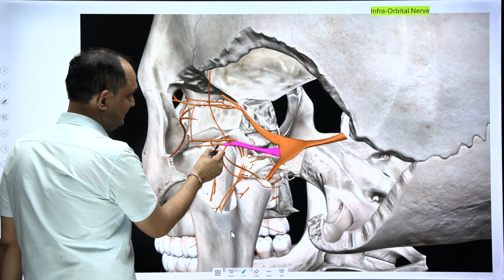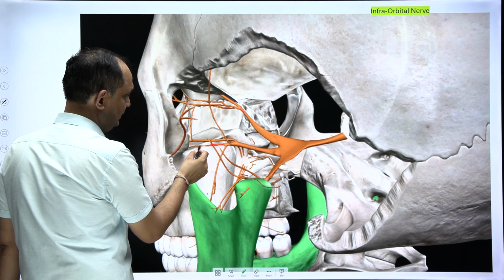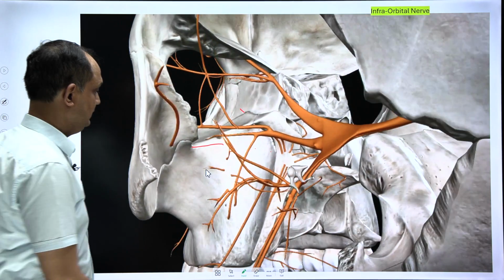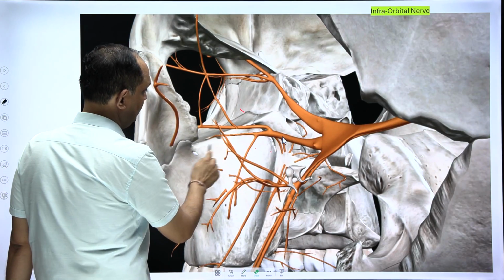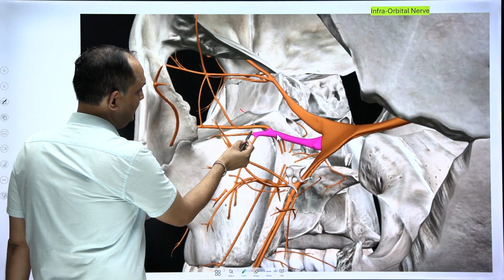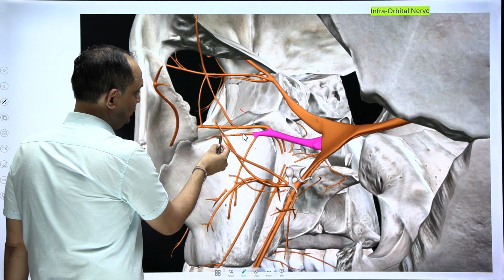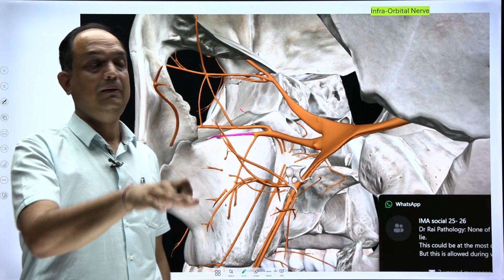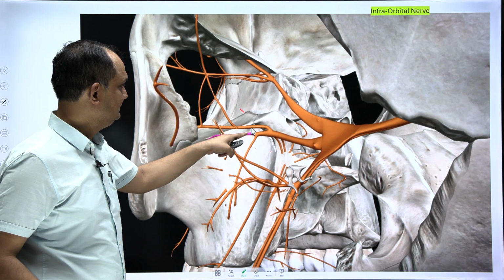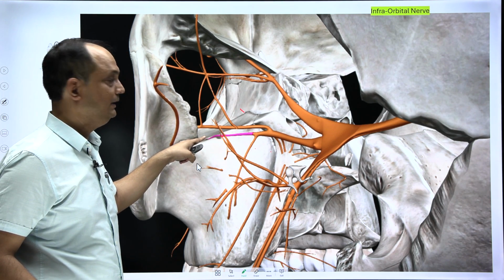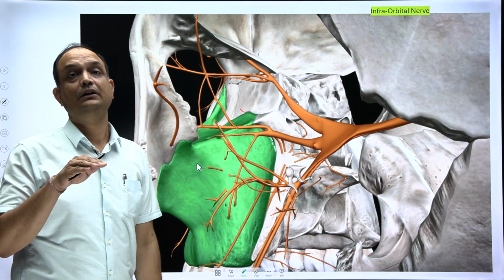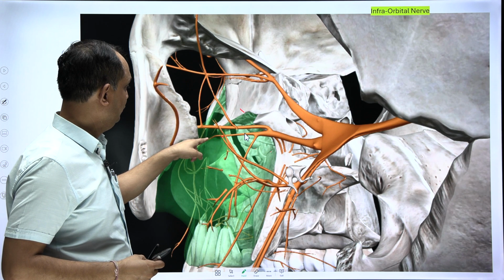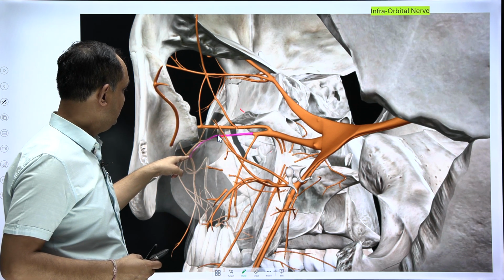Now this maxillary nerve is giving a nerve which is going like this. This nerve is your infraorbital nerve. This infraorbital nerve enters into the infraorbital groove, and then the groove will convert into the canal. So here you can see that this is entering into the infraorbital groove, passing through the inferior orbital fissure. Once it enters the groove, it enters the canal, and